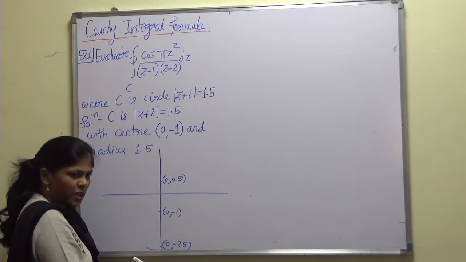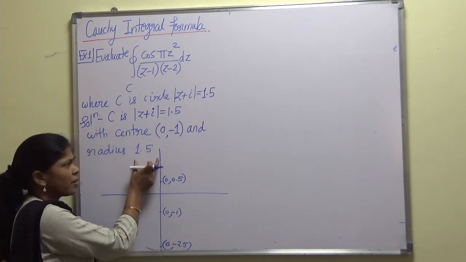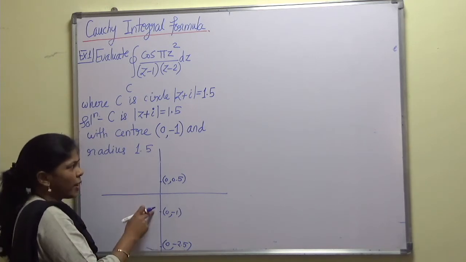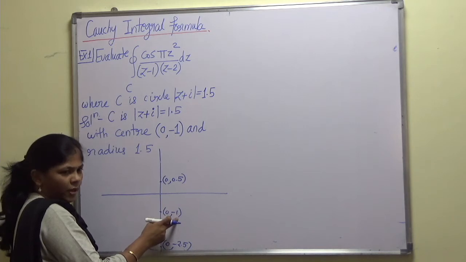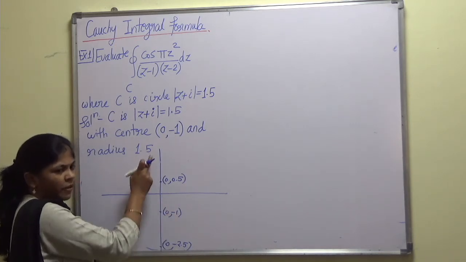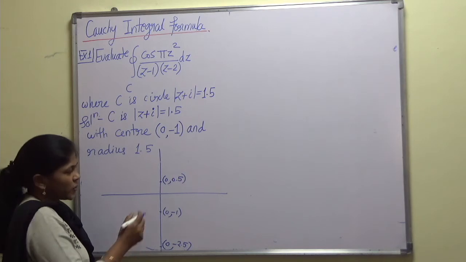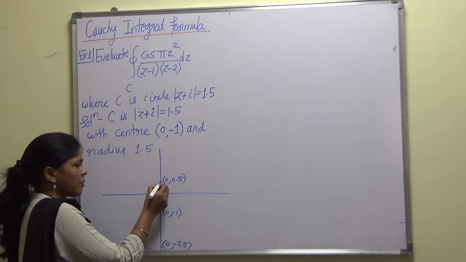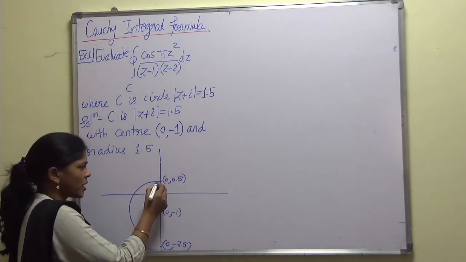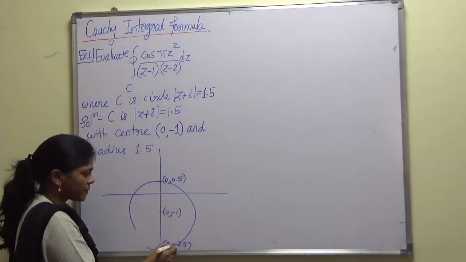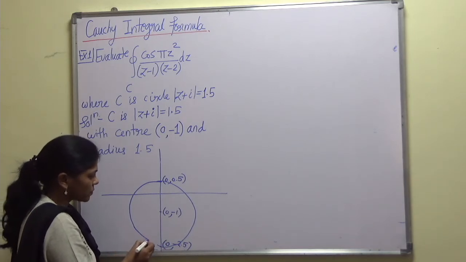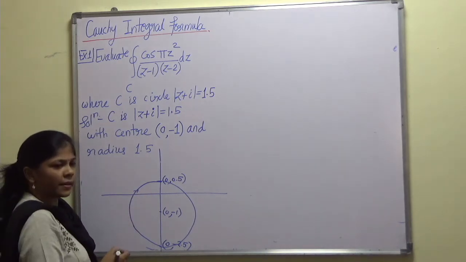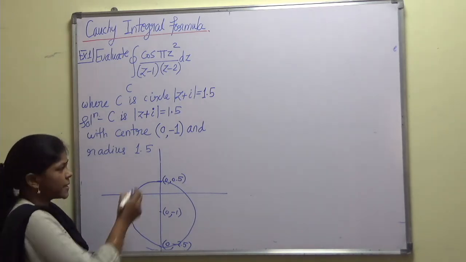When I am taking below this point, I will have to subtract the unit equal to the radius, and when I am measuring up, then I have to add this to the point coordinates. So −1 plus 1.5 will be 0.5. So in this way we get the 2 points, right? Okay, so we obtained the 2 points, so let us join these 2 points to draw the circle. So in this way we get the circle. Obviously the direction of this will be anti-clockwise.